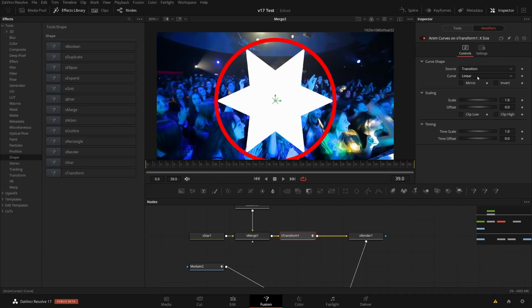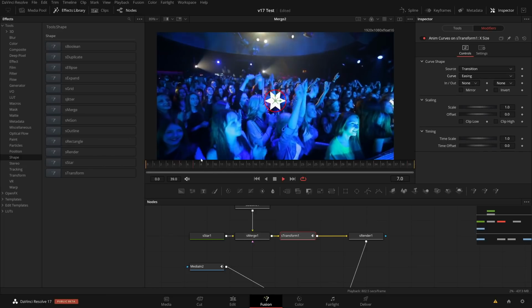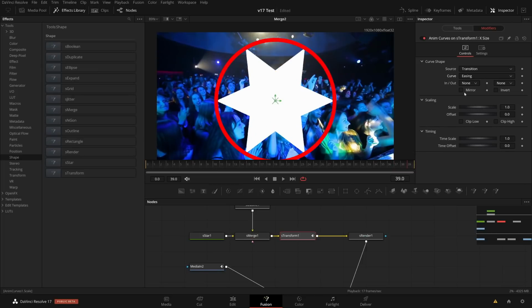But the advantage now is that you can use other functions here to drive this parameter. Linear you can do, easing, you can ease in and out. Right now it's still the same as linear because there's no easing selected, but you can, for example, select sine here, and this will make a smooth curve in the beginning and at the end. So it will come in a bit slower at the beginning, go faster, and then slow down to the end again. This is the idea of easing.